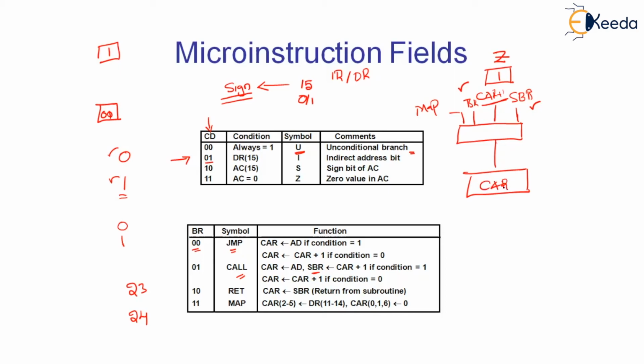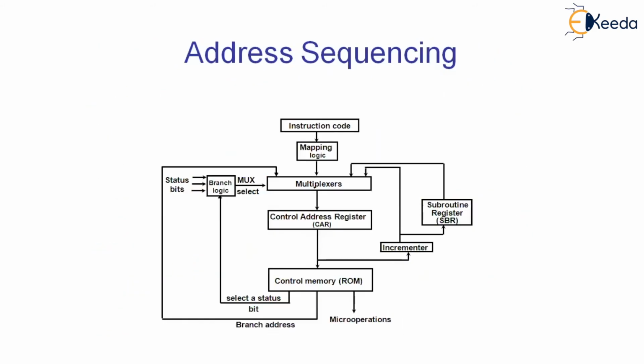Once again, in this slide, I would like to show you this one. Look at this multiplexer. This multiplexer is our sequencer. What are the inputs for the sequencer? The first one is incremental, CAR plus 1. Let us say 22, 23, 24, 25 are the microinstruction addresses at this point of time. 23 is being executed concurrently. When 22 wants to make a branch to 25 and the branch has not been taken, then 23, which is CAR plus 1, which is incremental, CAR has been incremented, and most of the time CAR plus 1 will be taken.